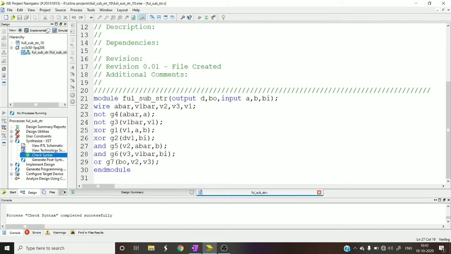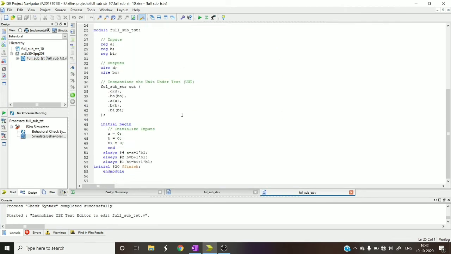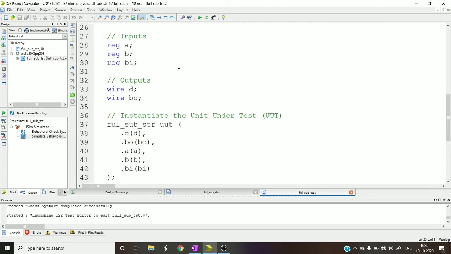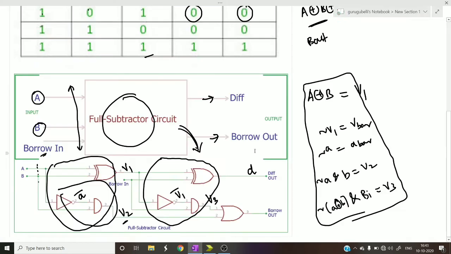Okay, now it's fine. Now for synthesizing this circuit, you also have to write a test bench which gives all possible input combinations. So far in the previous videos, I have written the test bench by directly giving the combinations, right? As with the half subtractor and half adder, you can directly give all 4 possible input combinations, that is 0 0, 0 1, 1 0, 1 1. But as the number of input combinations increases, like for example here there are 3 bits, that means the combinations would be from 0 0 0 to 1 1 1. It's very difficult to always write such a huge number of test cases if you directly give the values. So for that I will tell you one trick.